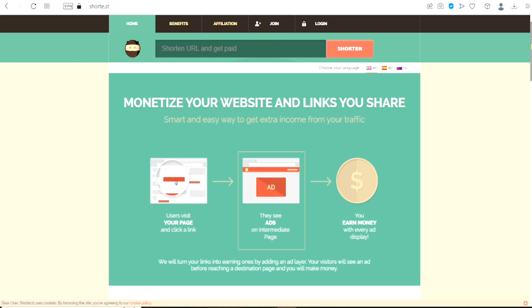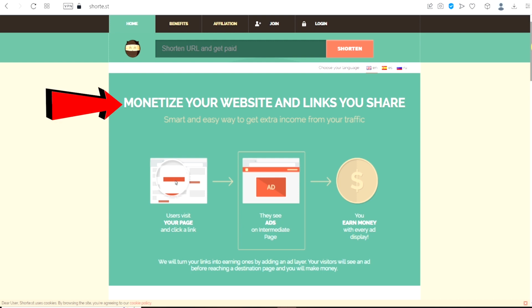Now to start making money with the links you are going to be shortening, you will have to drive traffic to that link, and they will pay you for every time someone clicks on the link. This is because if a person clicks on your link, this platform will display a quick advertisement, which may be a video, banner, or pop-up. You would receive a commission on the money that these advertisers pay this platform to promote their content. I'll be showing you how you can get thousands of people to click on your link all for free.